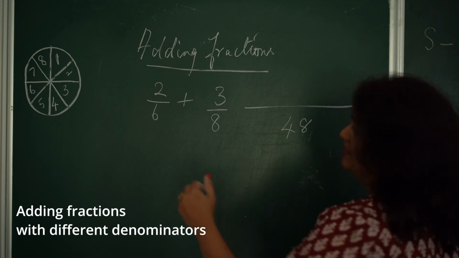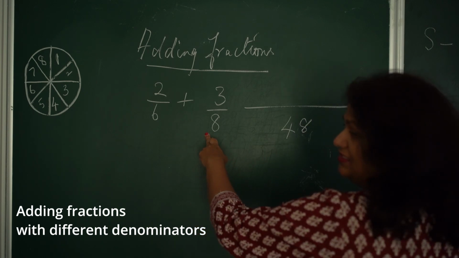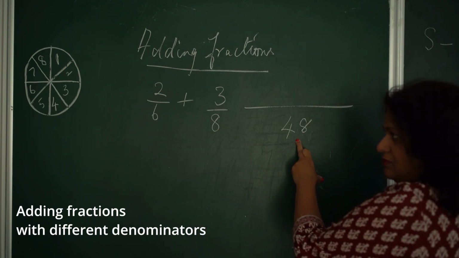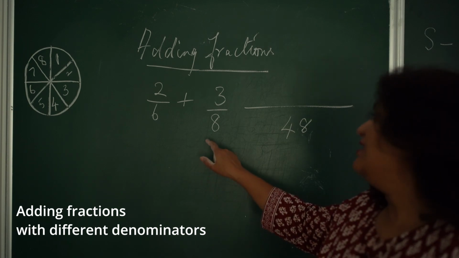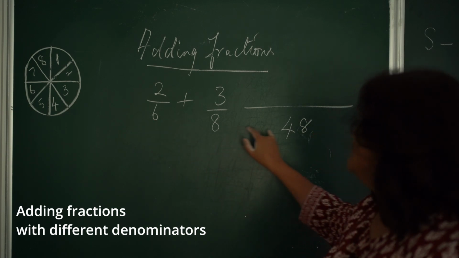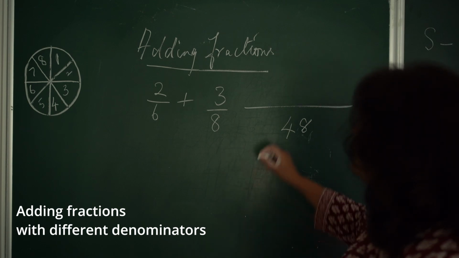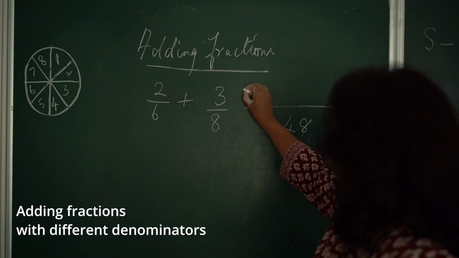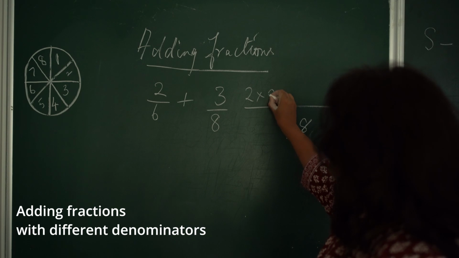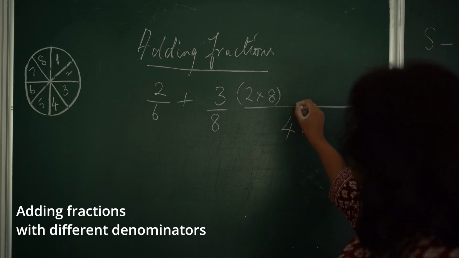How do I take 48? 6 times 8 is 48, right? And 6 goes in 48. How many times does 6 go in 48? 8 times. So I will have 2 multiplied by 8 plus